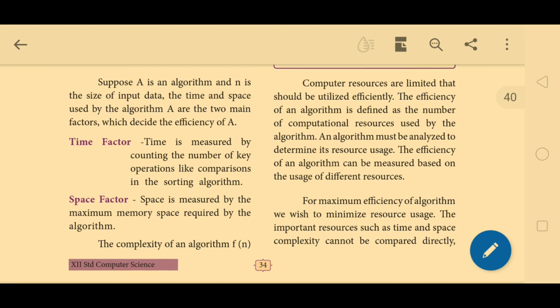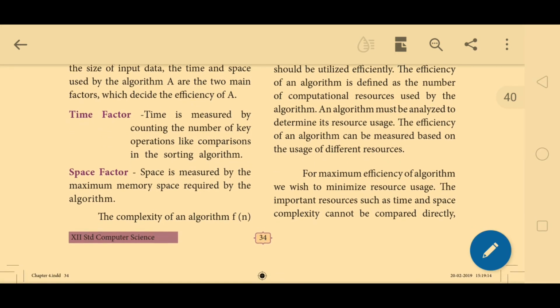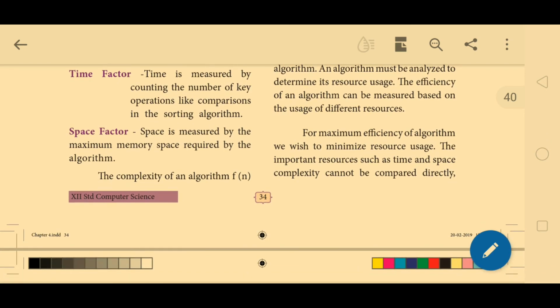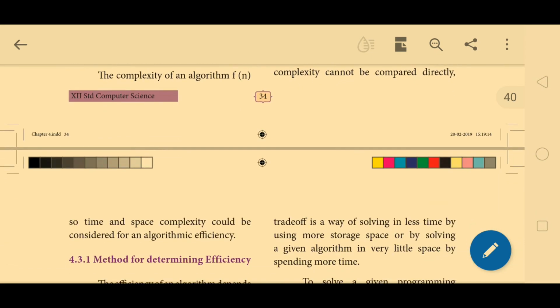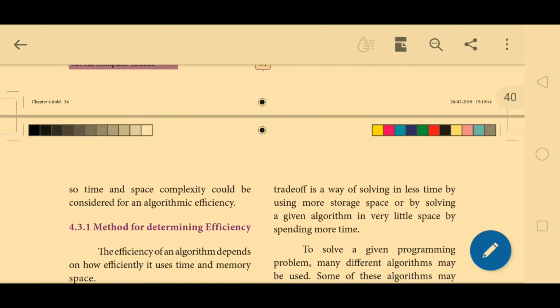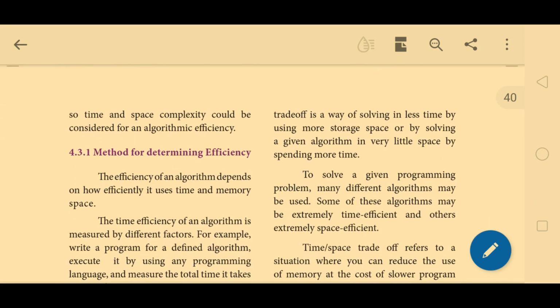Here the efficiency of an algorithm can be measured based on the usage of different resources. For maximum efficiency of an algorithm, we wish to minimize some resource usage. Here the resources are time and space complexity. Time and space complexity cannot be compared directly, but they can be considered as algorithmic